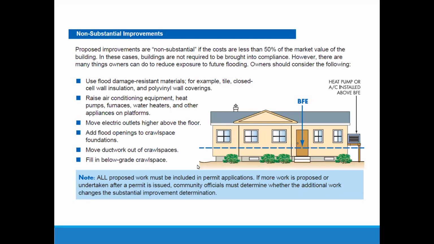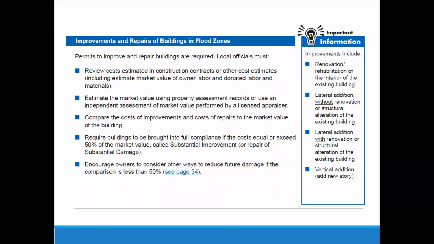Here's a little slide about non-substantial improvements, but again, I got 3 minutes left, so I'm not going to spend a lot of time about this, but a non-substantial improvement might be redoing the kitchen or installing an outside central air unit when you only had a furnace and a window air unit before. So things like that.